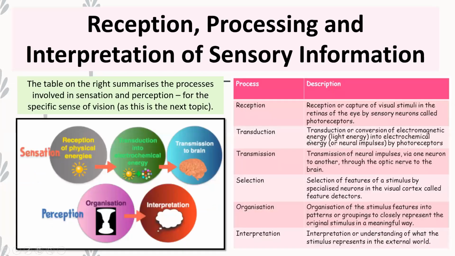So with that, let's look at the actual processes. This table summarizes the processes of sensation and perception, and I'll tell you which ones are related to sensation and which to perception. These three processes are related to sensation, and these three down the bottom are related to perception. Now, we have to remember that sensation, as you can see in this image here,